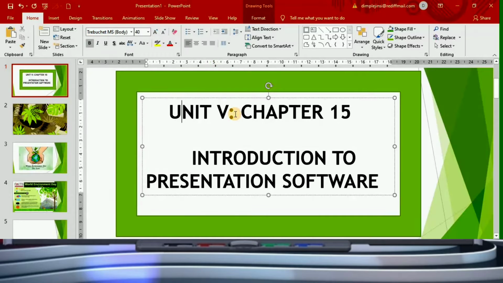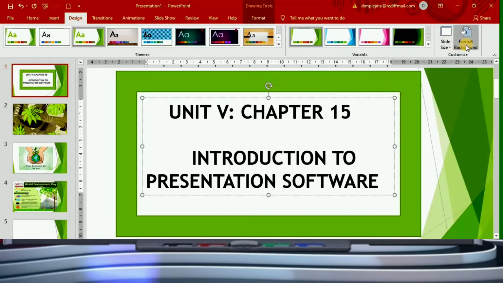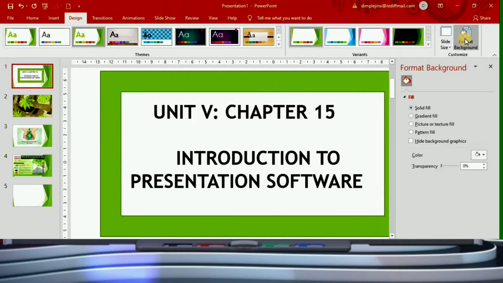Background is very important. If you have to change the background, like I have just changed the background of my slide, you have to go to the design, and there are different designs here. You can pick one, and from here you have the background option also. You can use a background option from format background. So here you have gradient fill, picture or texture fill, pattern fill, whichever option you want, you can pick it from here.